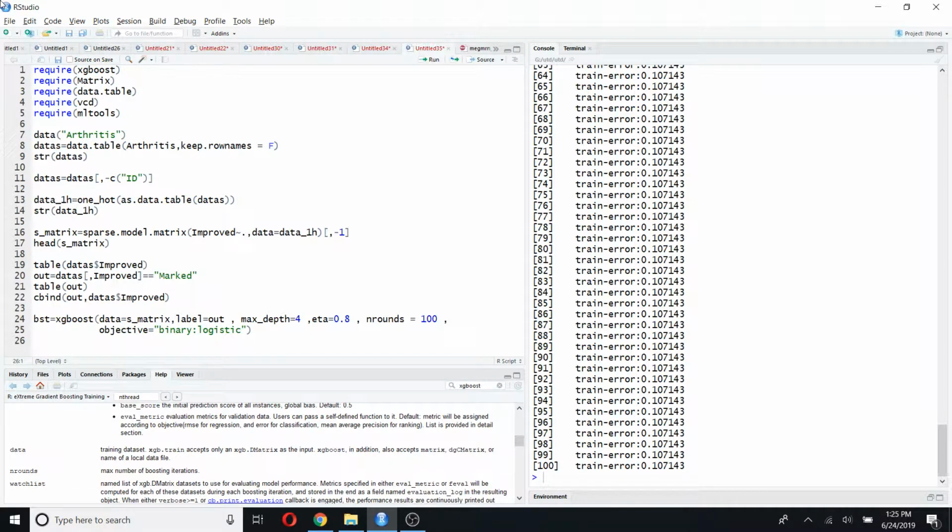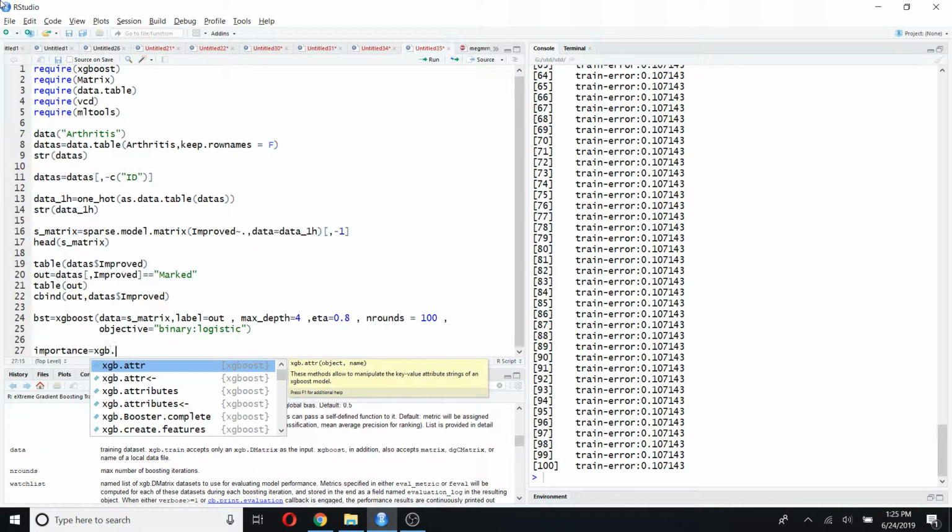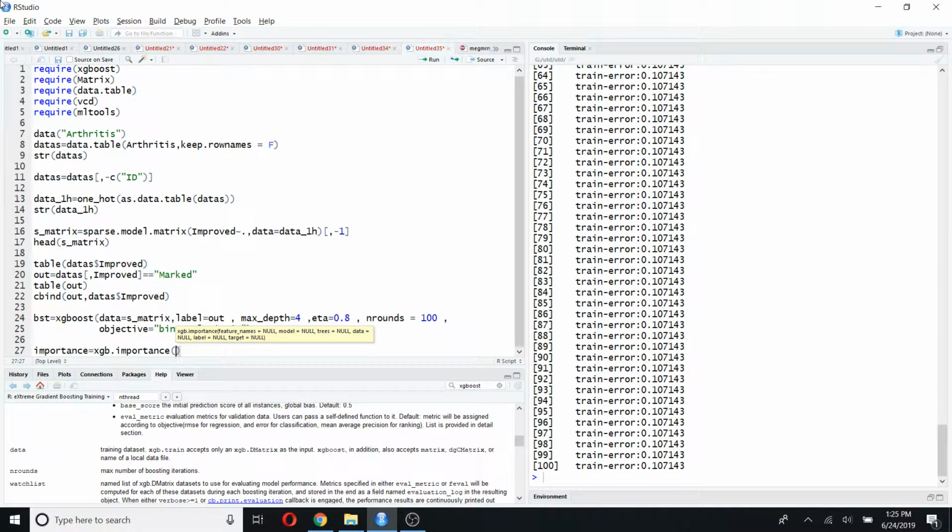So in order to obtain that variable importance, I'm going to use this xgboost function in this xgboost package. Inside that,